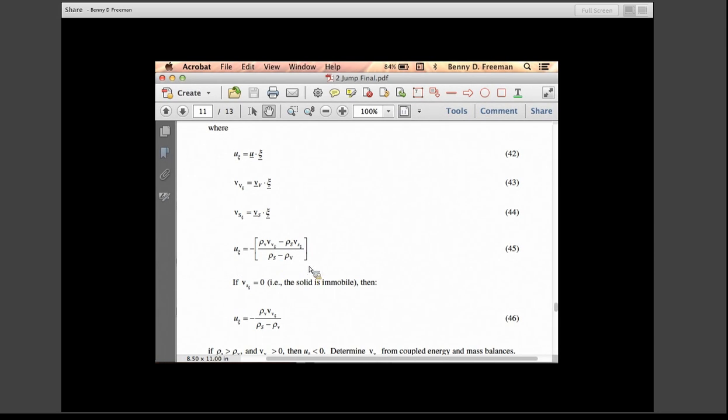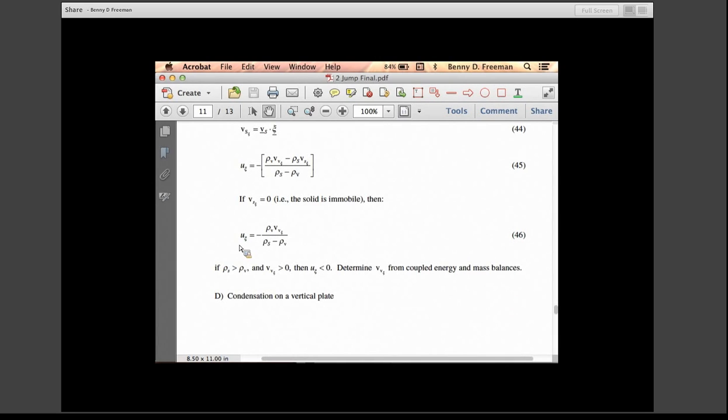And if the solid is immobile, just a frozen solid sitting there with no net motion, then the velocity of the solid in the xc direction is 0, and we have this result for the interfacial velocity. That is how fast that interface moves as the CO2 vaporizes. And look what it says. It says that the interface velocity,